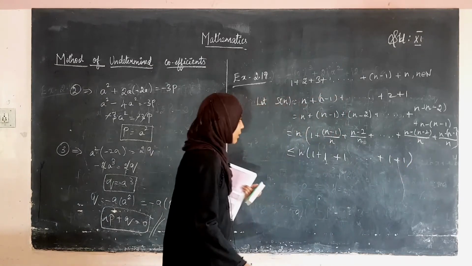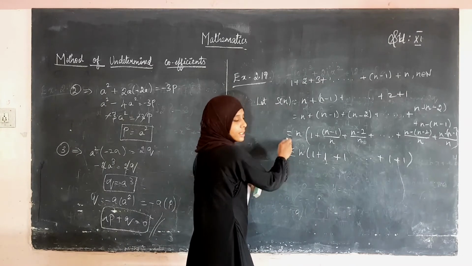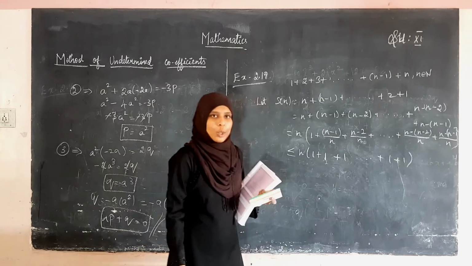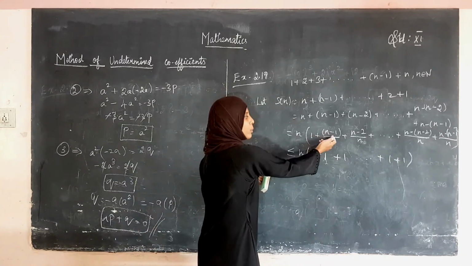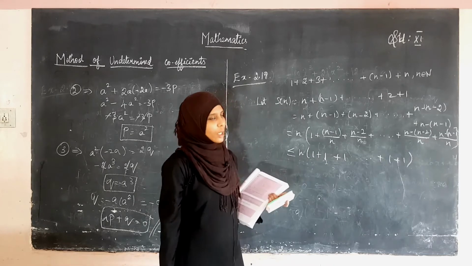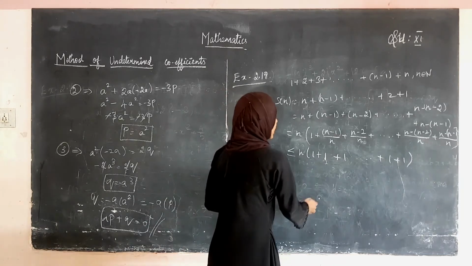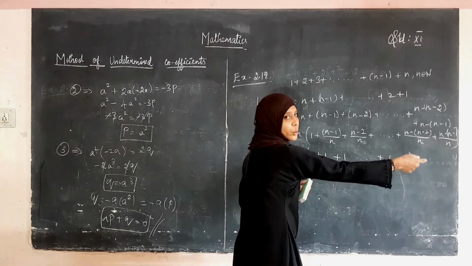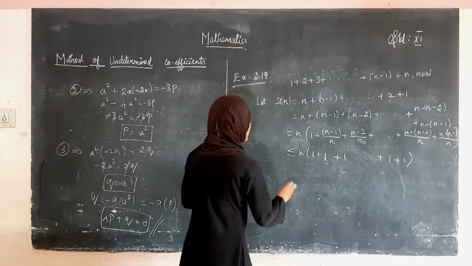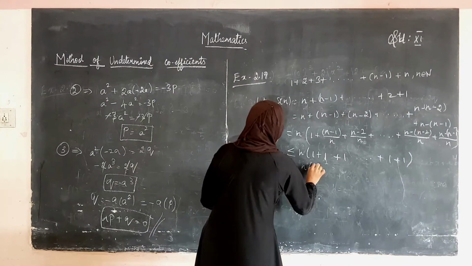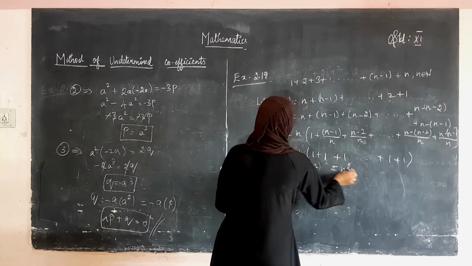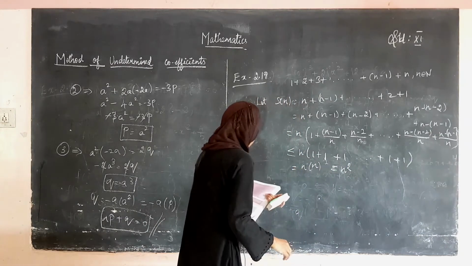Why we have substituted? We have changed this equality to inequality, that is less than or equal to. Every value of these terms becomes less than or equal to 1. You can substitute any value. 4 minus 1 is 3. 3 divided by 4, it becomes 0 point something. This is less than or equal to 1. Right. So here 1 plus 1 plus 1 plus etc. up to 1. So it is n times. Okay. So n times 1 is n into 1, which is equal to n squared.